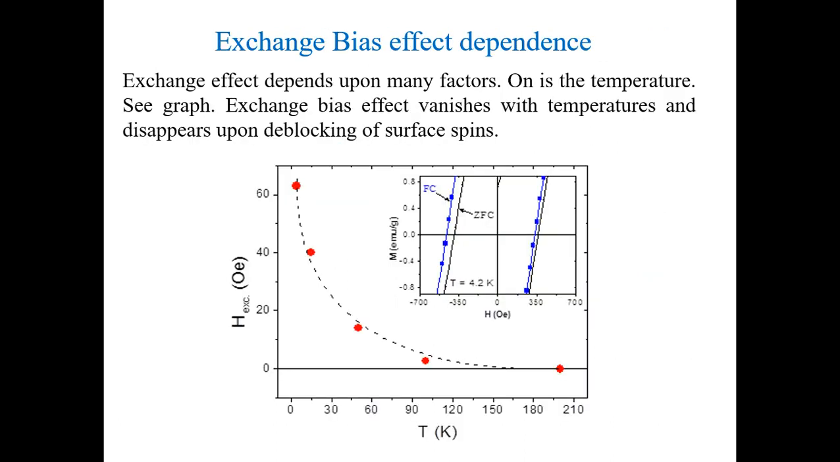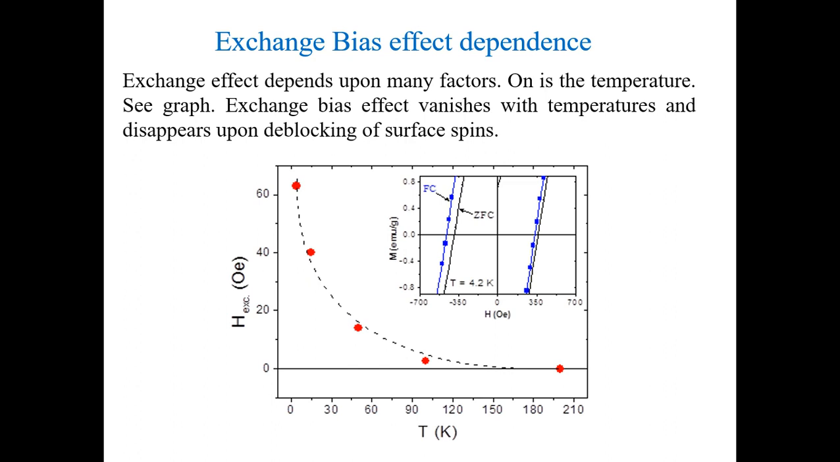The exchange bias effect depends upon many factors, such as the operating temperature. You can see in the graph the exchange field plotted as a function of temperature. How can you do this? You have to take field cooled exchange bias loops at different temperatures, then calculate the exchange bias for all the temperature loops, and then plot H exchange versus temperature, and you can see that with the increase in temperature